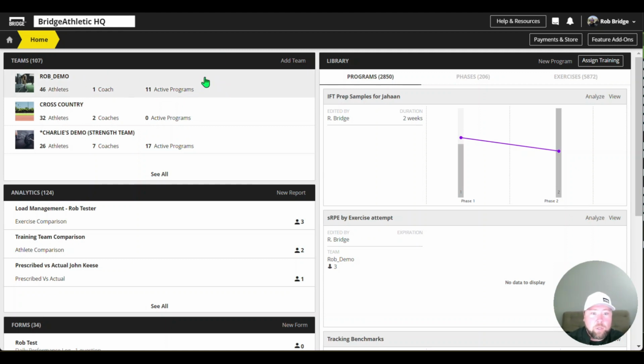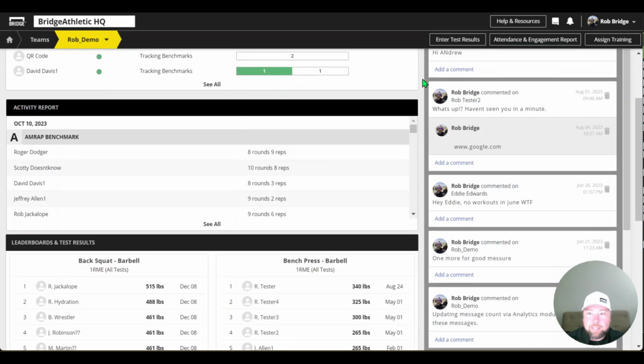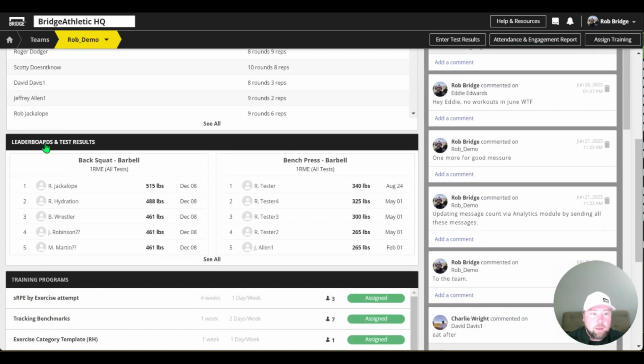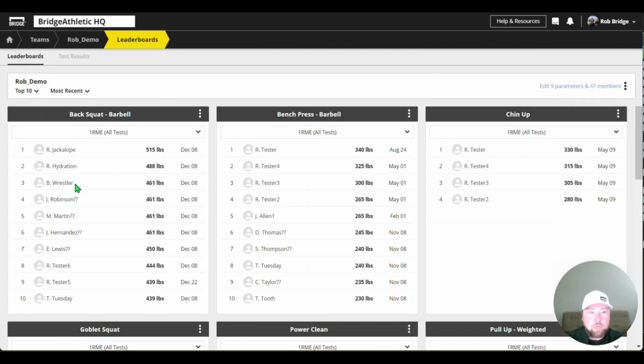So starting off, I'll go into my team here at the top, and that'll bring me to the team page. I'll scroll down past the activity report. We'll get to that right here to leaderboards and test results. When I click into that, you can see right now it has all my leaderboards currently populated, but we're looking to enter test results. So you can either click on these three dots and enter test results there, or I